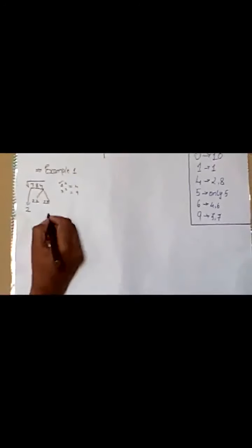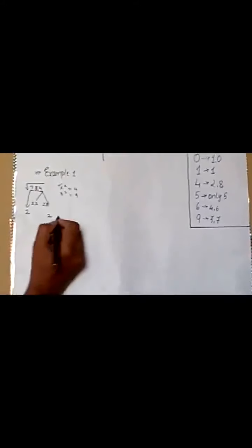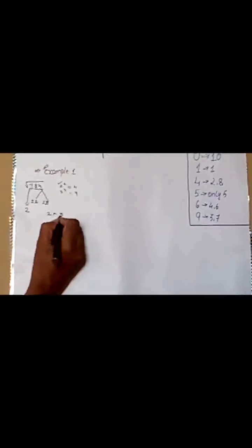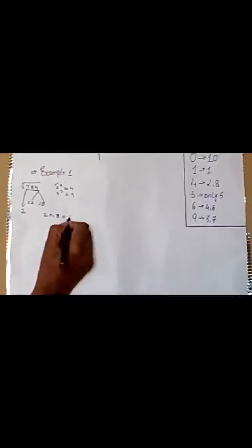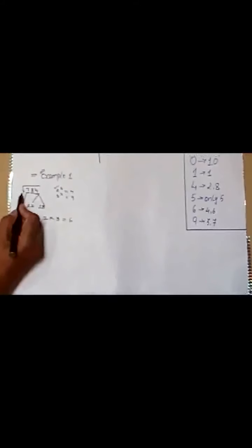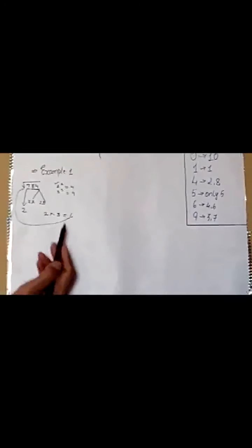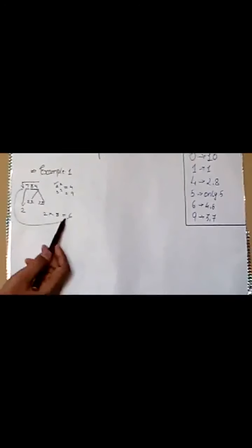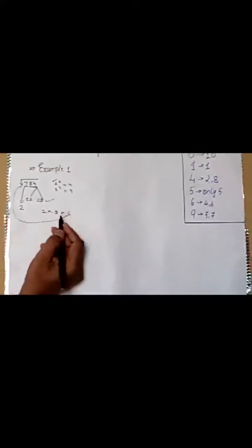To find out the correct answer, the last step is 2 multiplied by its consecutive number, that is 3. We will get 6. Now we have to see whether 7 is less or greater than 6. So we can see very clearly that 7 is greater than 6. Hence we have to take the greater number. So the correct answer will be 28.